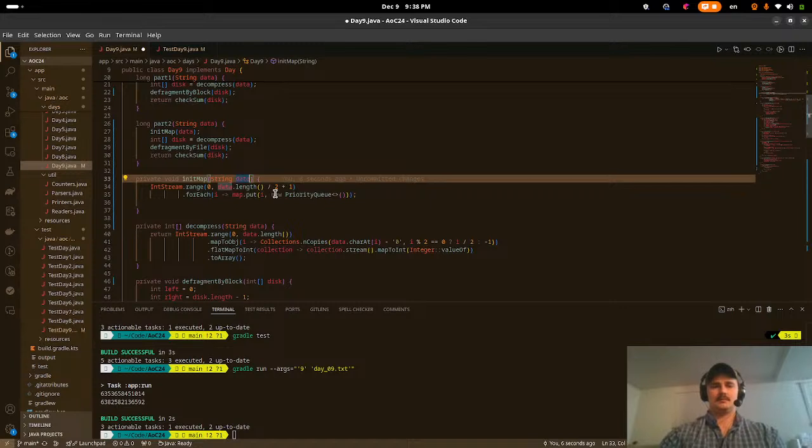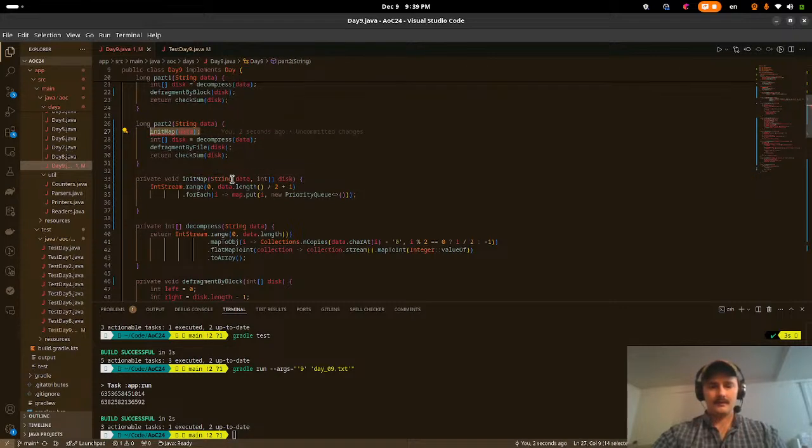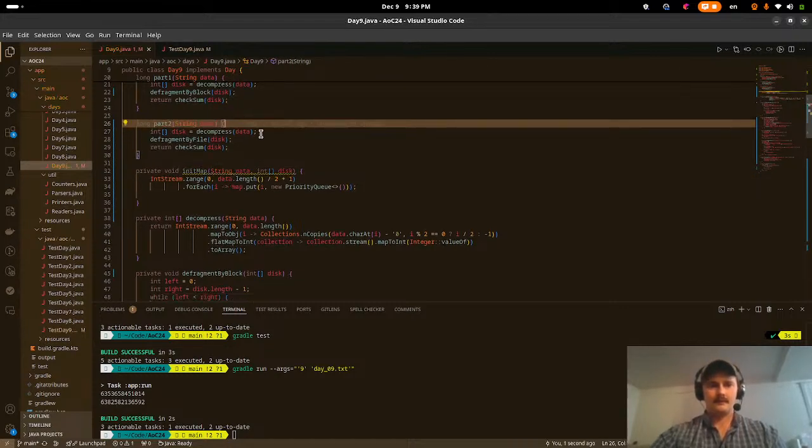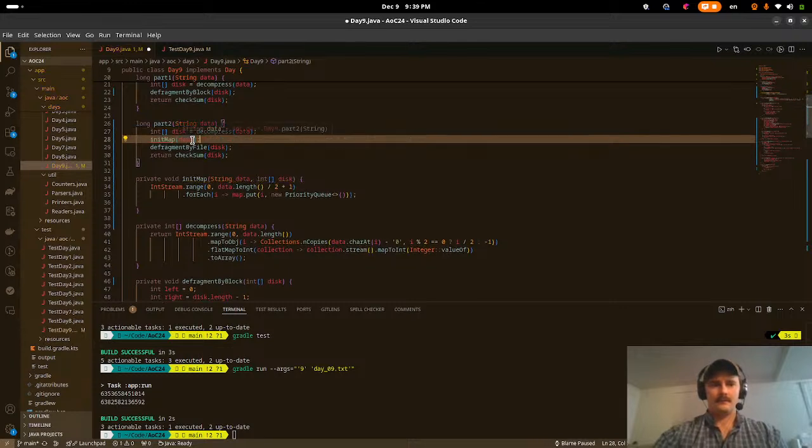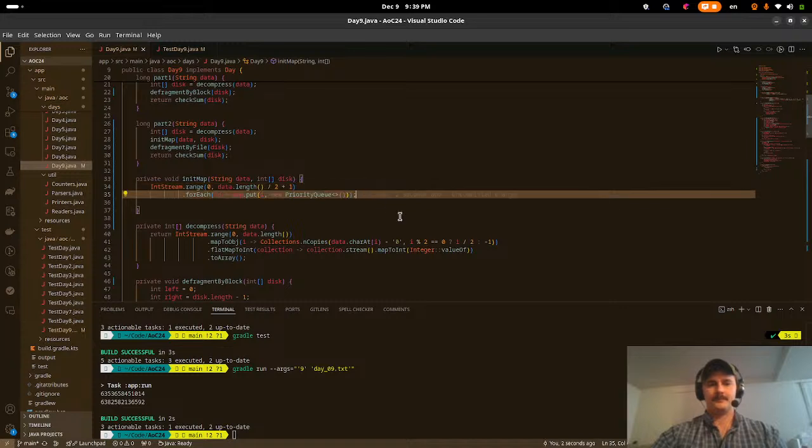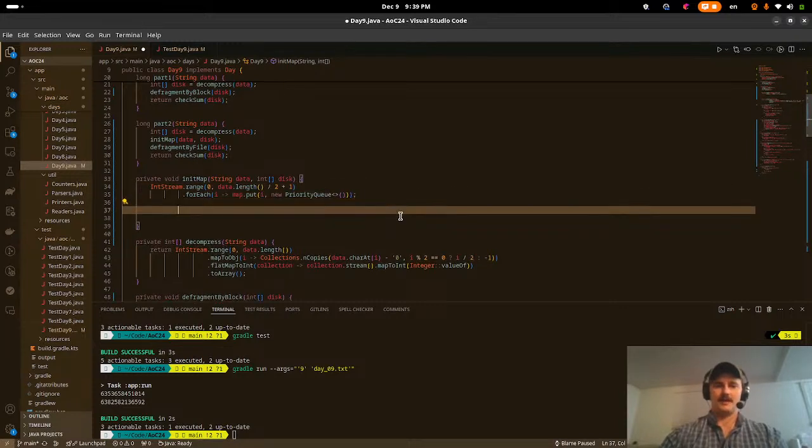Let's give it the disk as well, right? The disk. Integer array. Okay, so we just initialize the map, and we want to map each file ID to the first index where